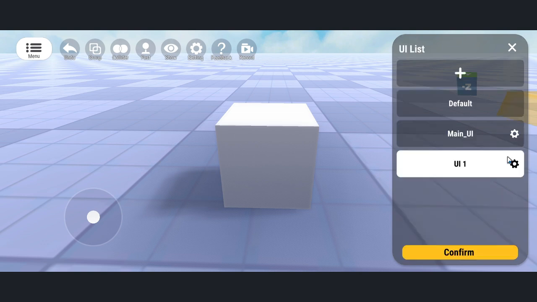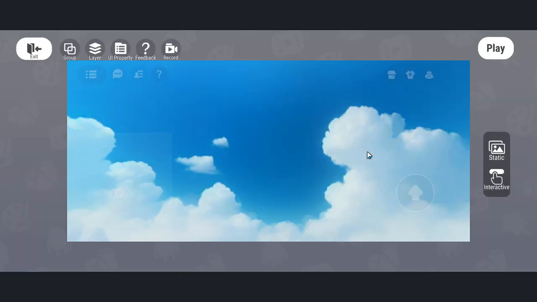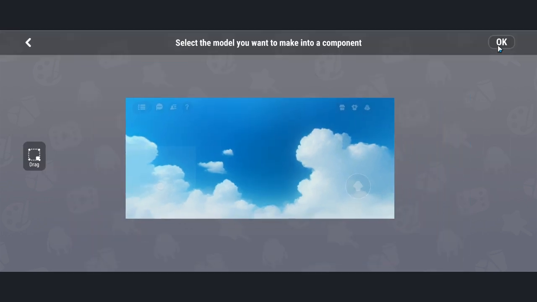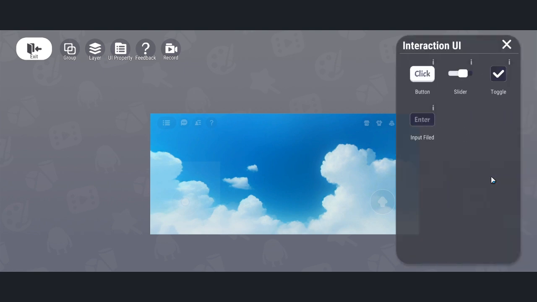Click edit, and beside your selected UI there is a button, which is a settings icon. Just click it and edit. Now we're here at the UI design template. Here we have the interactive. We have 4 types of interaction buttons to execute your scripts. For now, we're using a button,